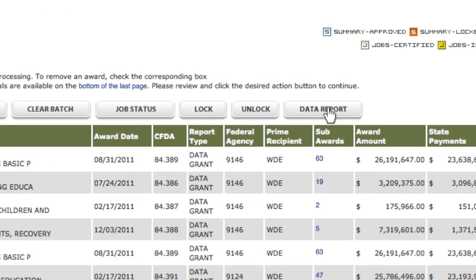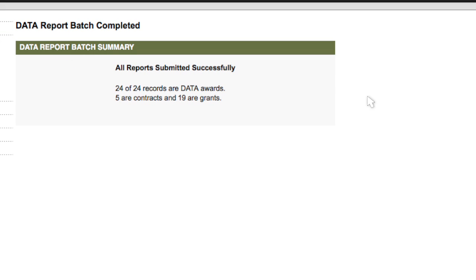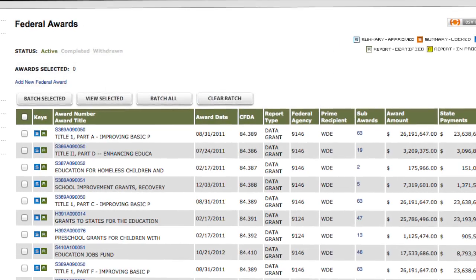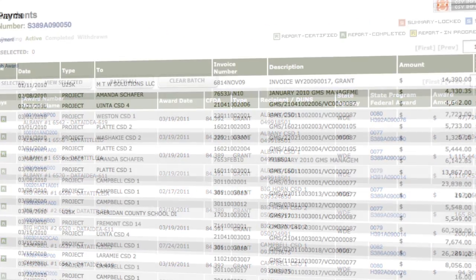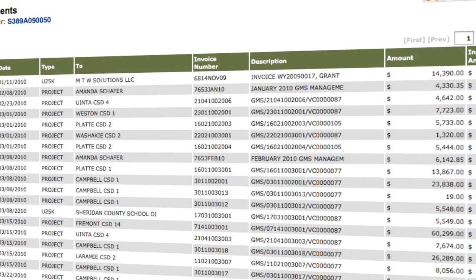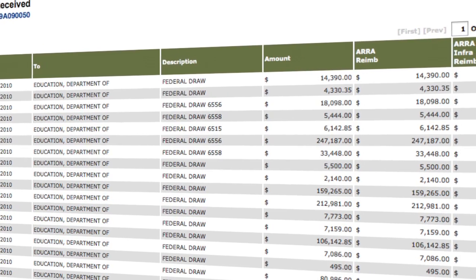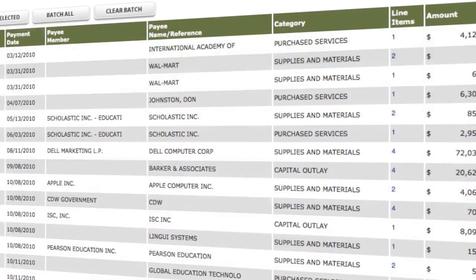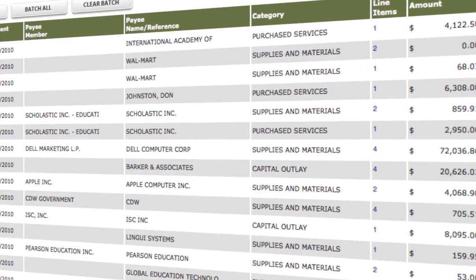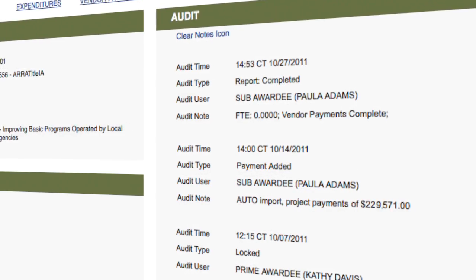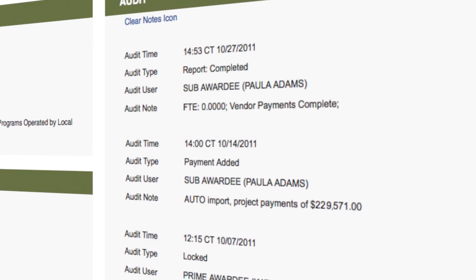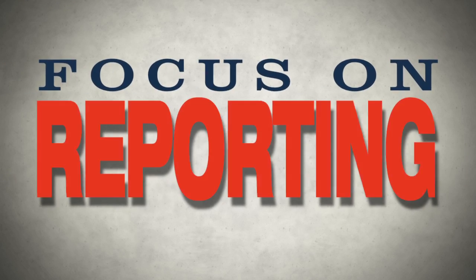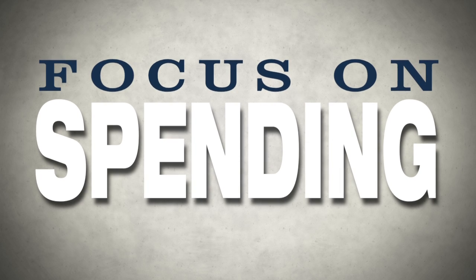In addition to effortless reporting, Parrascope offers its users complete visibility of all records, including all federal awards, all subawards, itemized lists of payments made by the prime awardee, itemized lists of reimbursements from federal funding agencies, itemized lists of all expenditures from each subawardee, and an audit trail that shows when everything occurred, including each accounting import and report submission. Parrascope allows its members to focus on the proper use of the awarded funds, rather than facing the daunting task of compiling and submitting federal reports.